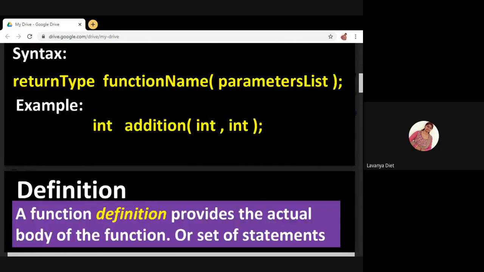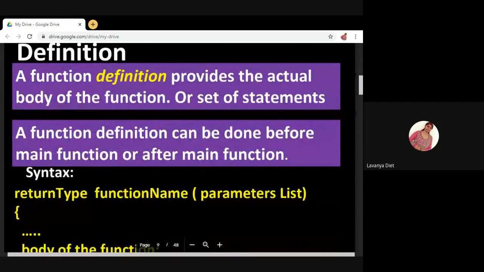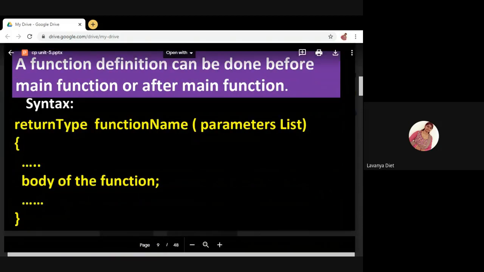Next, function definition. Function definition is nothing but writing some piece of code for that function, or writing a set of instructions. Already I have said a function will contain a set of instructions. So defining a function means you must write a set of instructions that will perform some particular task. See the syntax. How to write? Return type space function name parameter list. The parameter list is the information passed to the function.